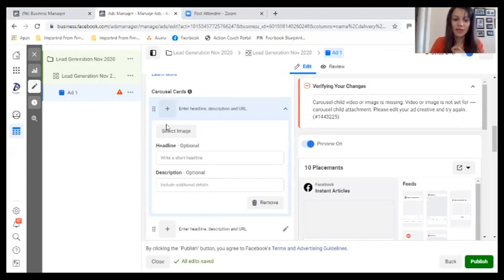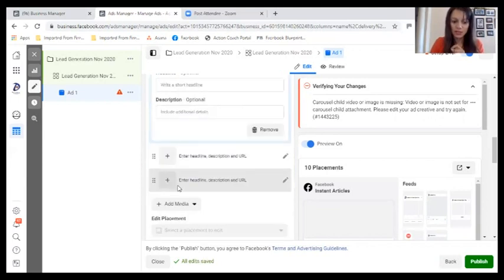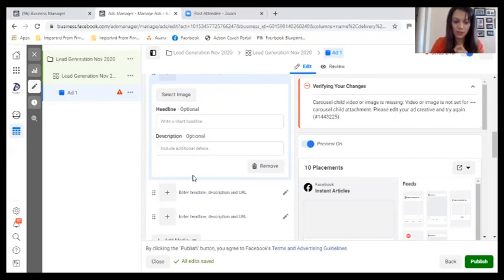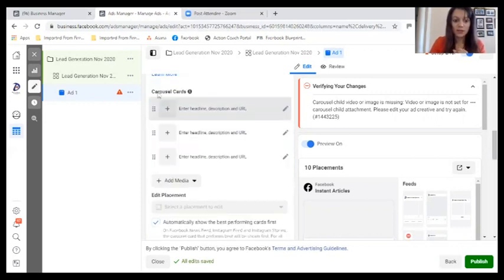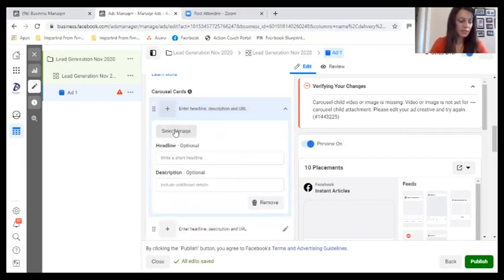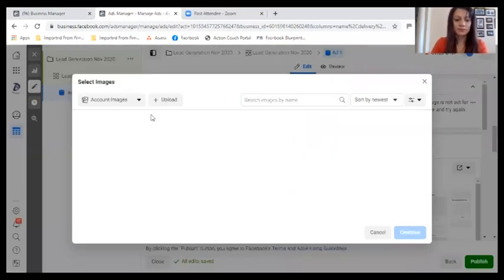Now, you can add as many images as you want to here. I think you can add up to 12, but that might have changed. So if you click on add media, it's going to add more and more pictures. So let's start with the first one. Let's select an image. Okay, we're going with